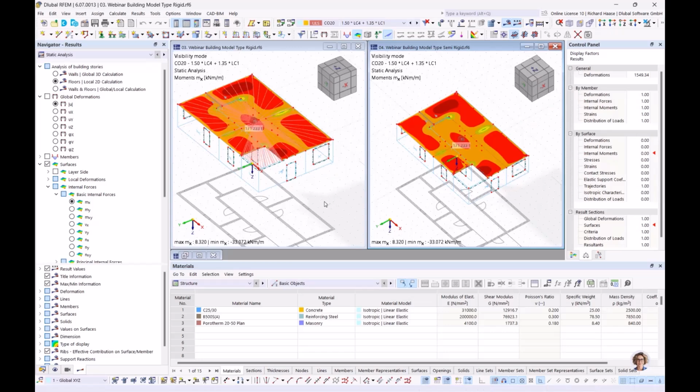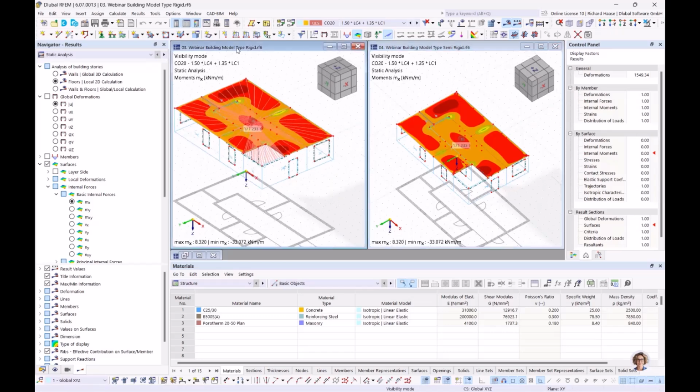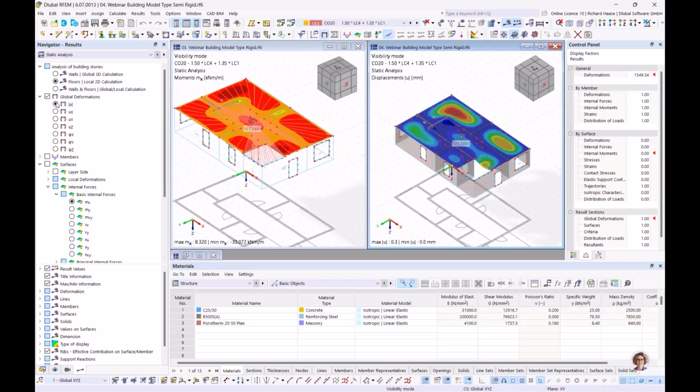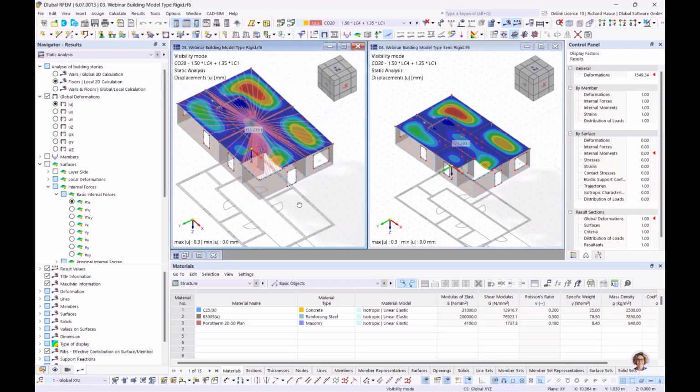Yeah, you see here between type rigid and semi-rigid there are no differences. It's exactly the same calculation. Also, when we switch to deformations, for example, it's really exactly the same. And the difference is